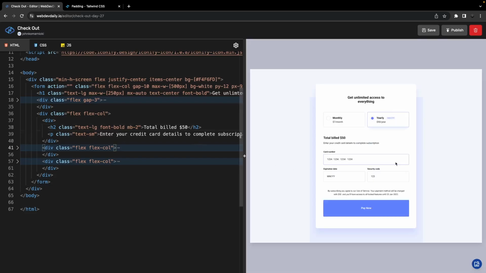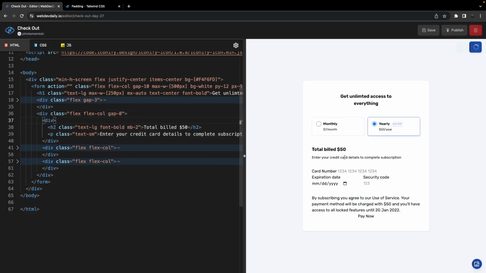So let's first see what the gap is between these. Let's just use our screenshot technique, and we'll probably say about 32 pixels. Let's check the bottom, want to make sure they're the same or roughly the same. And it doesn't have to be perfect. So yeah, they look like they're about 32 pixels of space between, so we can just use the gap8 class, which should be 32 pixels. And if we save that, yeah, we can see we now have those spaced out, and I think that's pretty